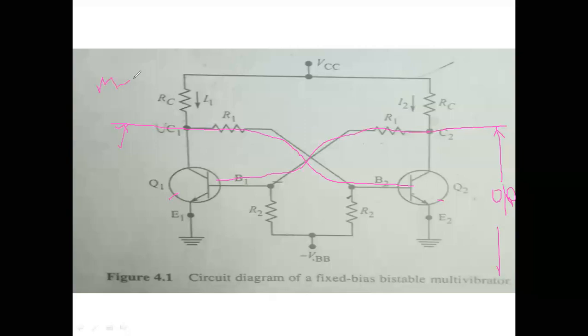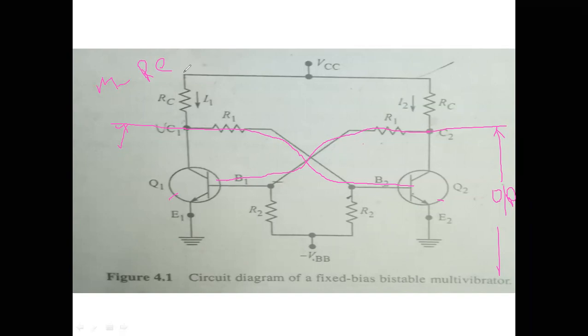Generally, these multivibrators are nothing but regenerative feedback amplifiers. Multivibrators you may get in competitive exam bits. Multivibrators are also called regenerative feedback amplifiers. That means this is also an amplifier where we are using regenerative feedback. Generally, you have two types of feedback. Mostly you see in control systems negative feedback, which may also be called degenerative feedback.